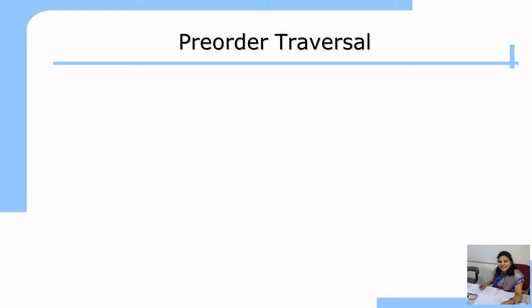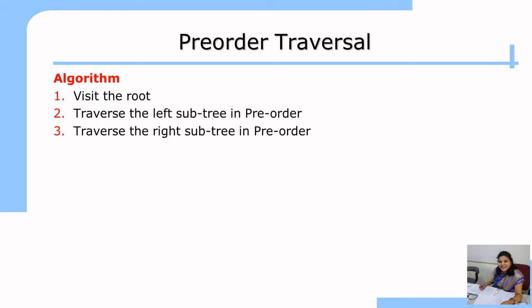The next traversal method is the pre-order. So this is the algorithm for pre-order. Visit the root. Why is it pre-order? Because first we visit the root, then left, then right. Among both children, the left child comes first, then the right child. Okay, so this is VLR: visit the root node, traverse left subtree in pre-order, traverse right subtree in pre-order. This is a recursive algorithm.